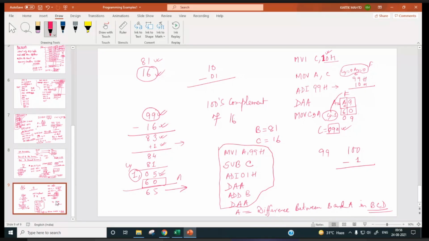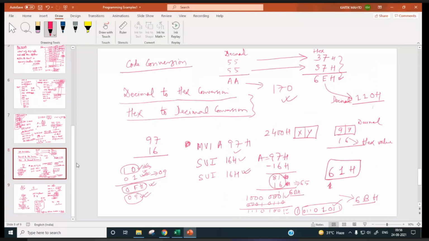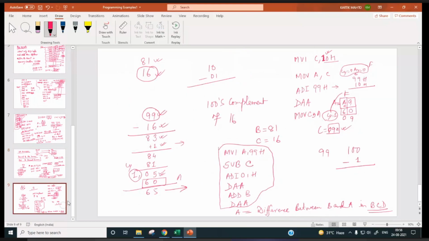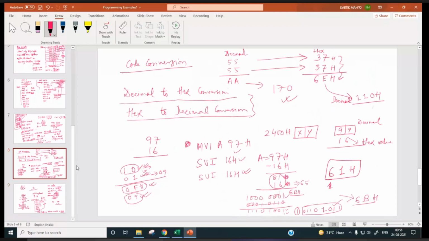So subtracting 16 from 97, you have to use this type of subroutine in your program. First of all, you subtract 16 from 97, then the remainder will be 81.